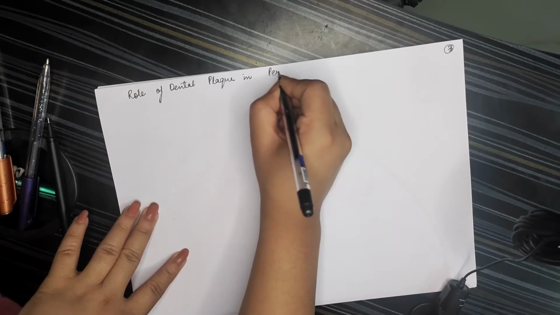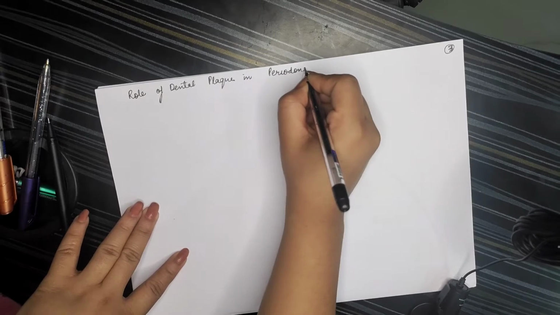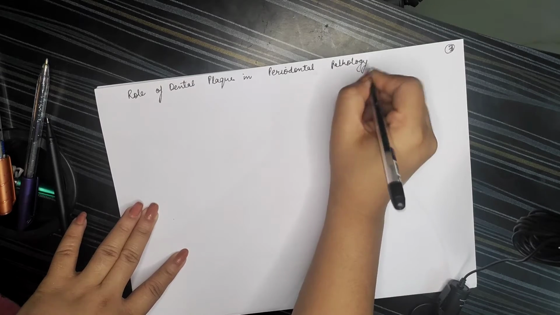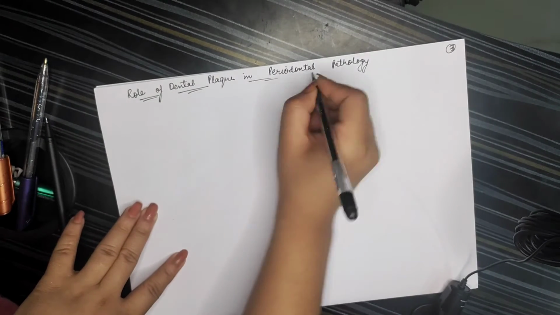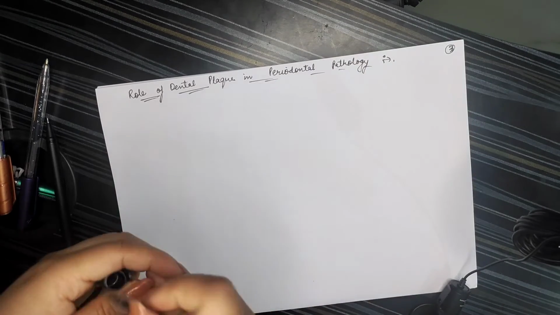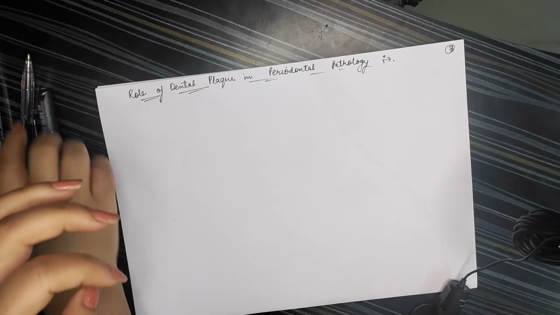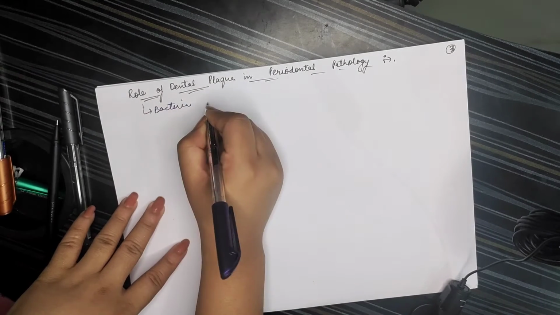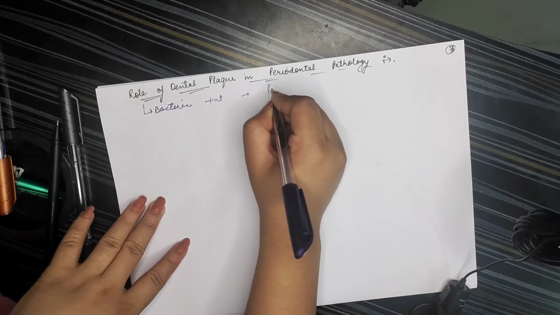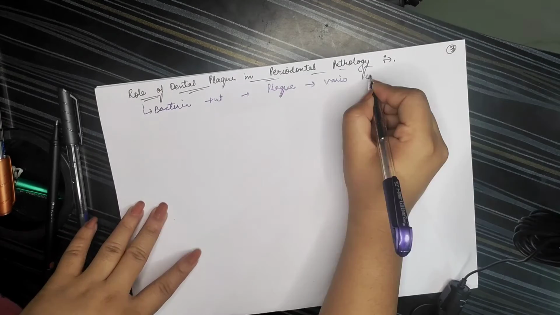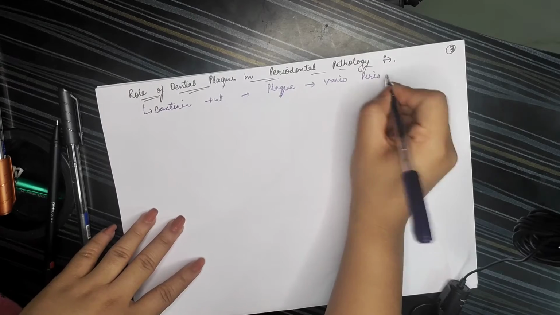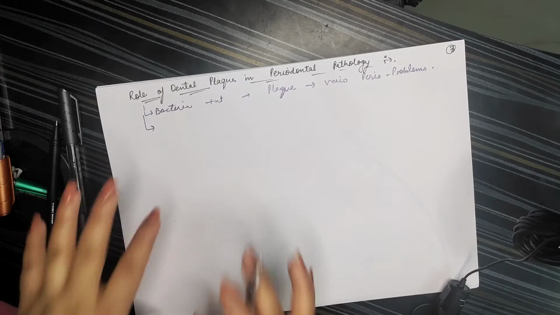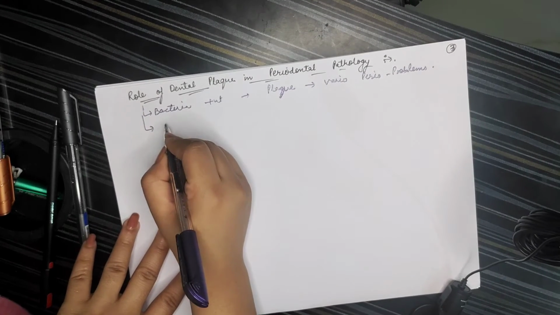Now one more thing, and that is the role of dental plaque in periodontal pathology. Bacteria present in dental plaque lead to various perio problems. So what happens here is